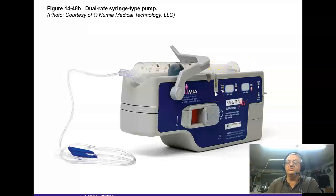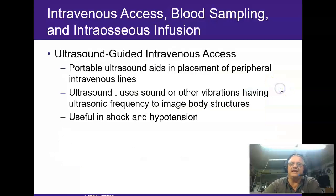But if you're going to use them, make sure you know how to use them. Make sure that you know how, more importantly, to disconnect or shut it off or troubleshoot it before you take it. I can't stress that enough. You shouldn't be taking a pump that you're not familiar with. Okay. Now,